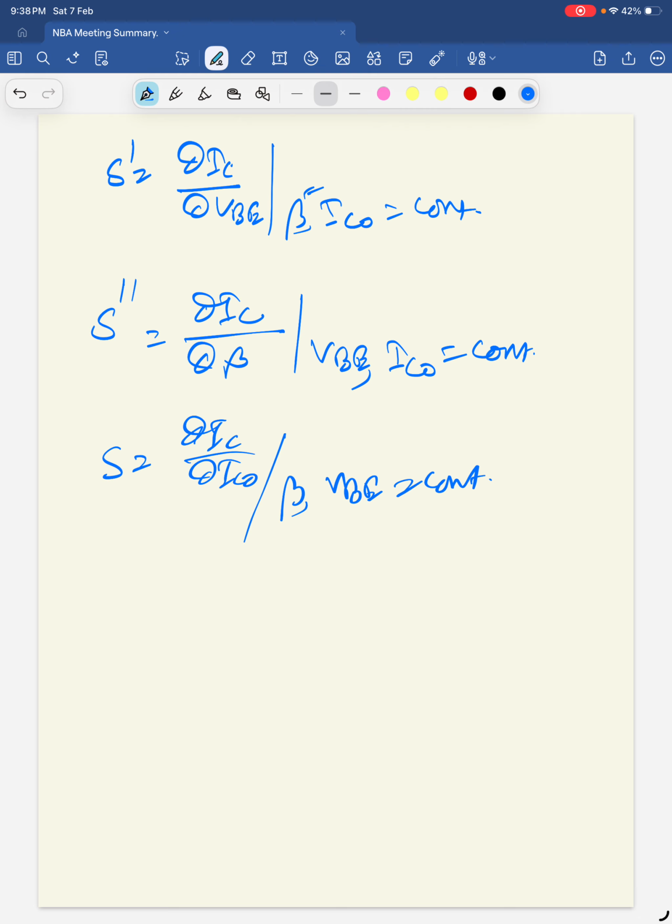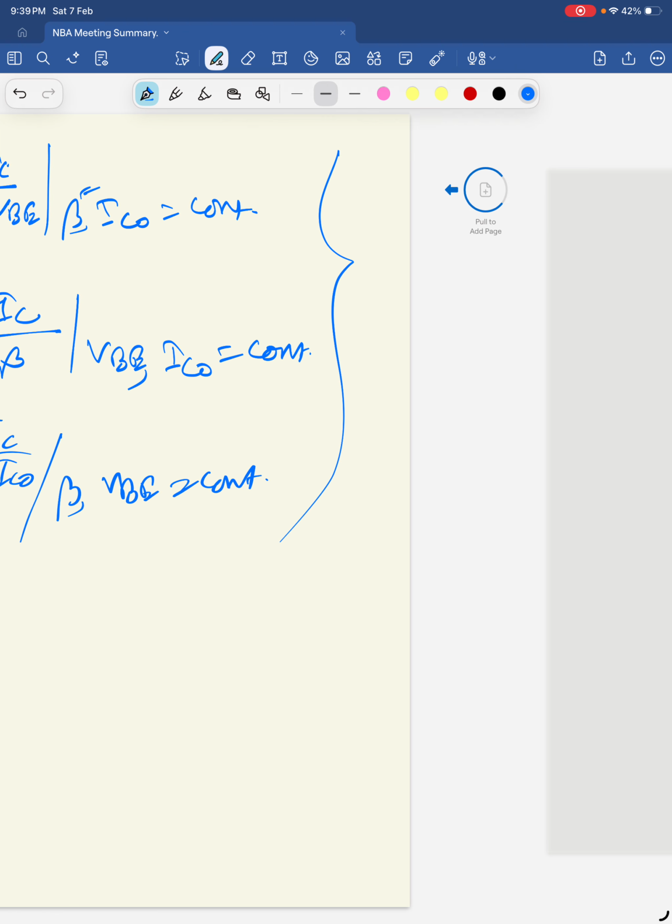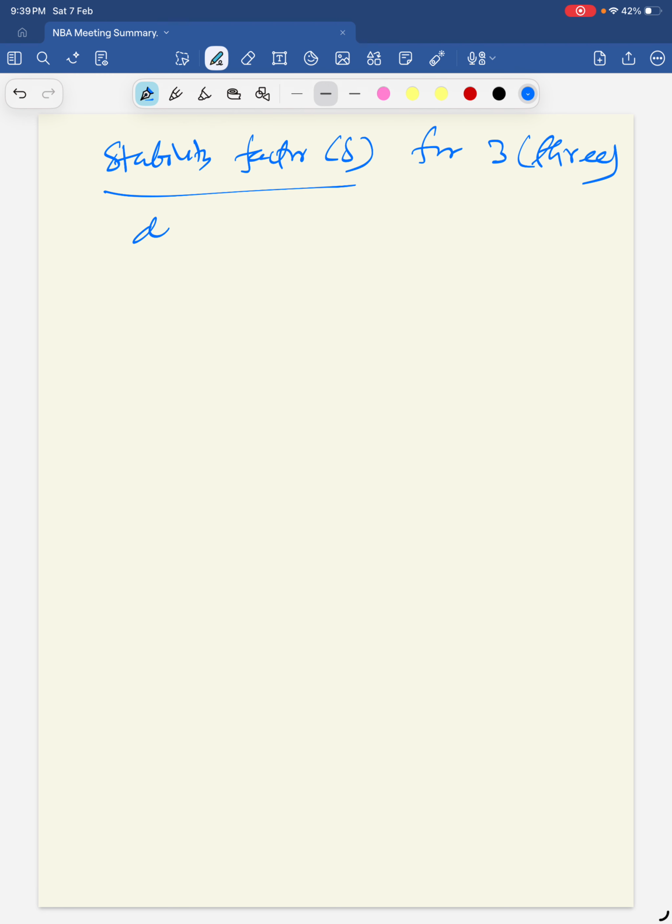So now we understood what is stability factor, how many stability factors are there, how they are related, how they are changing the stability of the transistor, what is thermal runaway, how thermal runaway is initiated, all these things we studied. Now we'll calculate stability factor. Stability factor is primarily for three different